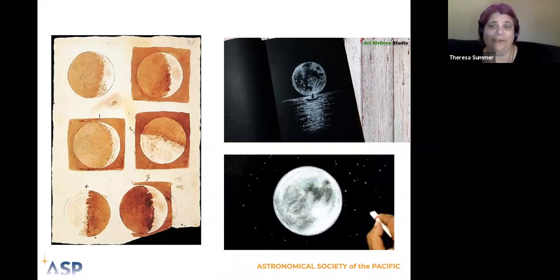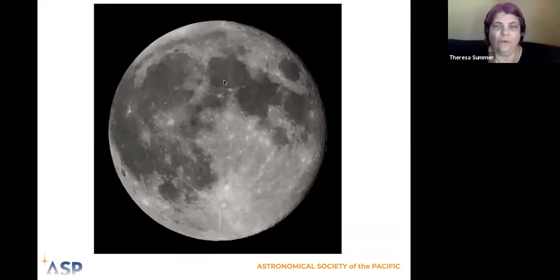And then these are some other drawings that I just found online of kids who are drawing the moon, some with chalk and some with pencils. So if you would like to do some science drawings of the moon, this is what a lot of